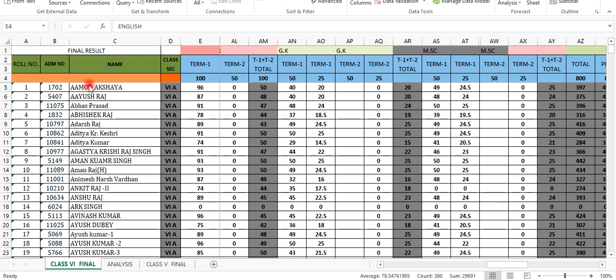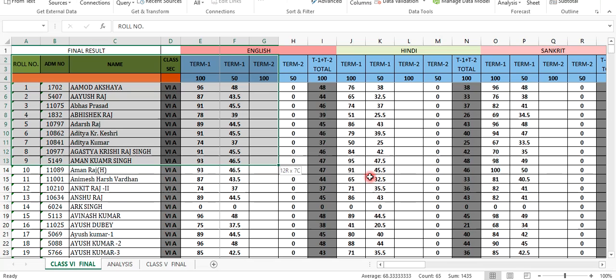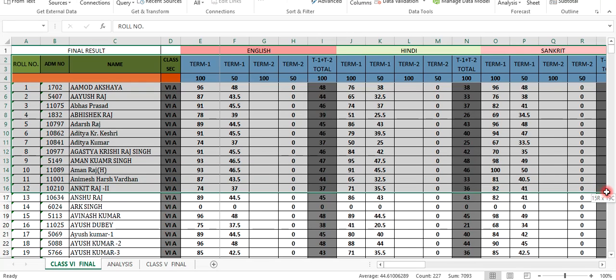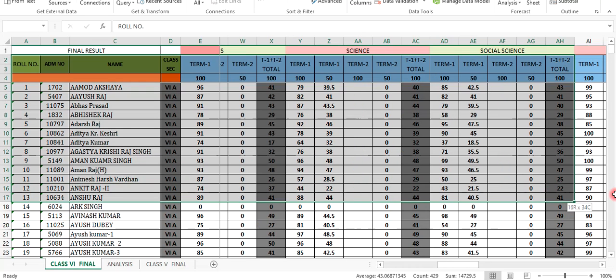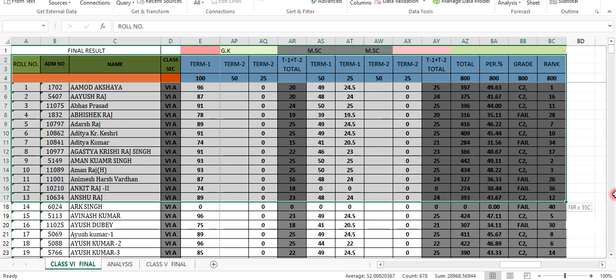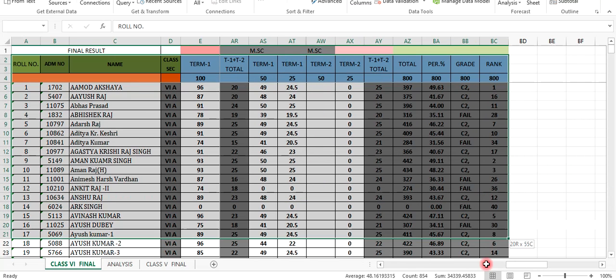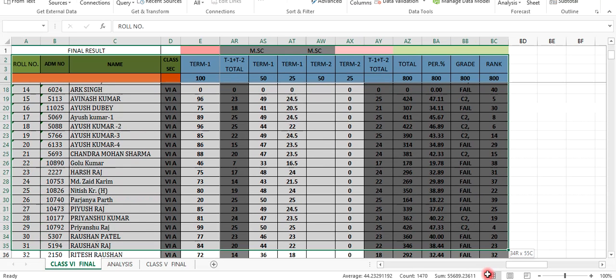First of all, we have to select the columns which we want to sort. For example, I want to sort, then we have to select all of these, from here down.